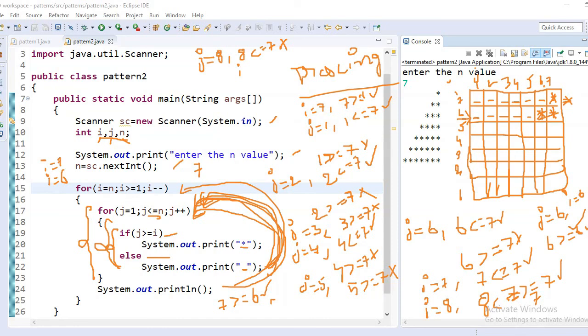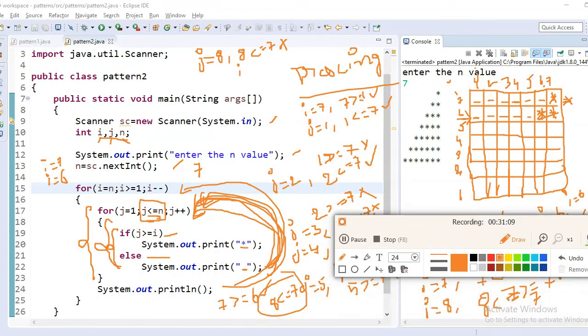But before that, it will check this condition. 8 less than or equal to n value, how much? 7. This is wrong. Why?